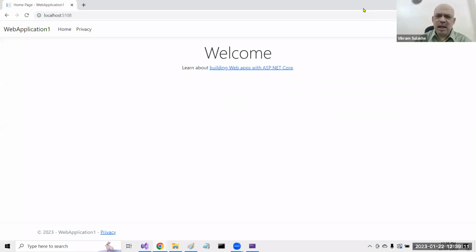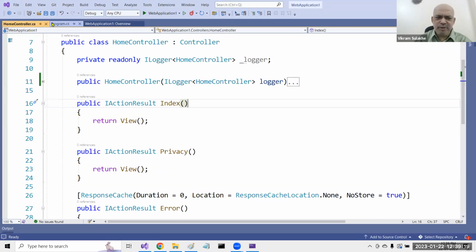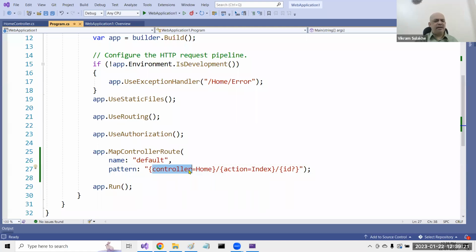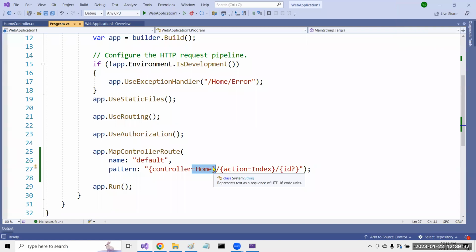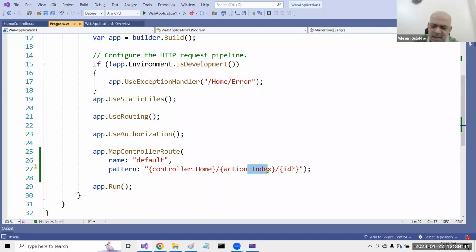First thing is, how did it run the index page by default? How did it pick up the index page? How did it pick up home by default? This is because of this option here. We said that if you don't give the controller, then the default controller is called what? Home. Don't use the word home controller, just say home. And the default action is